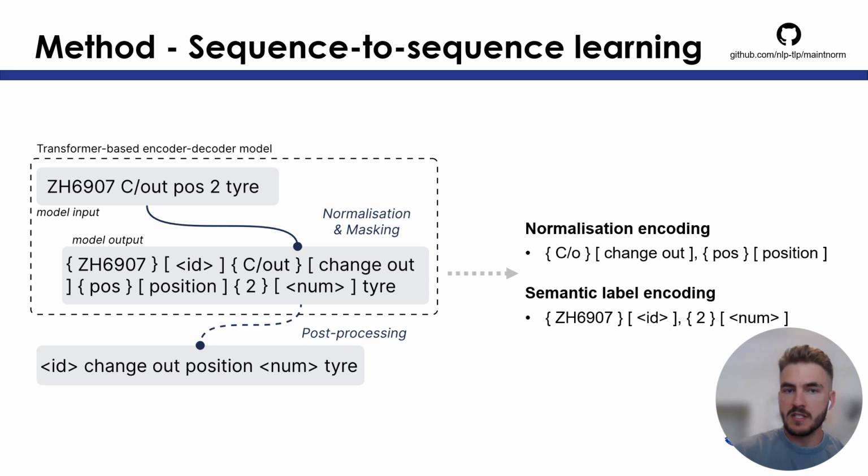This would help practitioners enhance the quality of their analysis by simplifying the language used within their texts. To achieve this, we used a transformer-based encoder-decoder model under a sequence-to-sequence learning paradigm, similar to the state-of-the-art for lexical normalization. Our approach differs by mapping potentially noisy input sequences into a deterministic structure, marking up non-canonical spans of text with sentinel tokens and converting them into canonical forms on the right side of the structure, as you can see here in the figure.